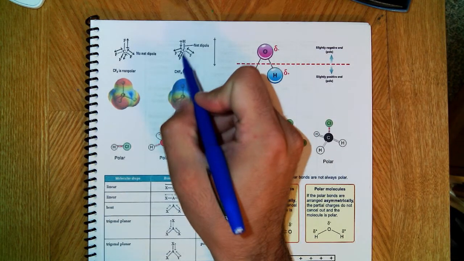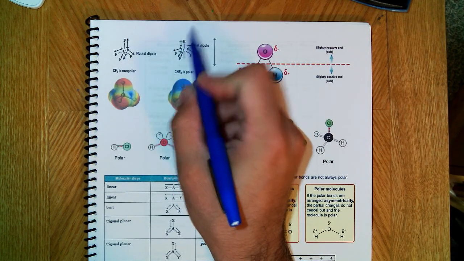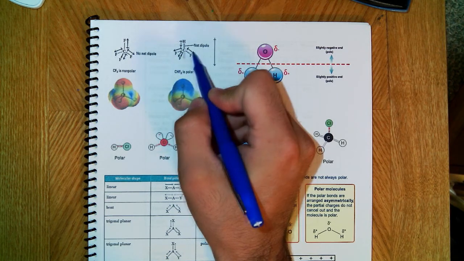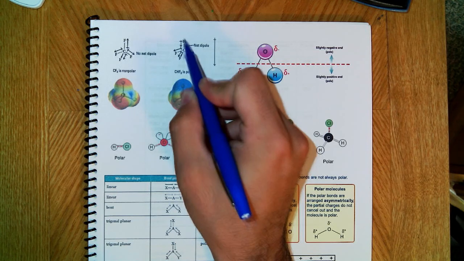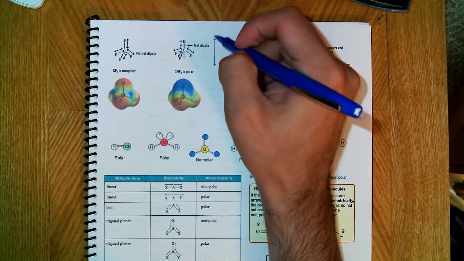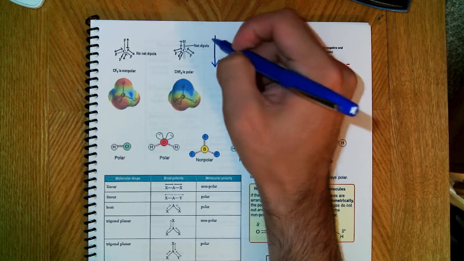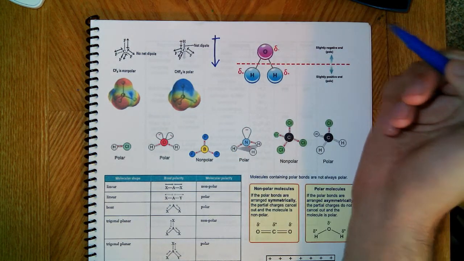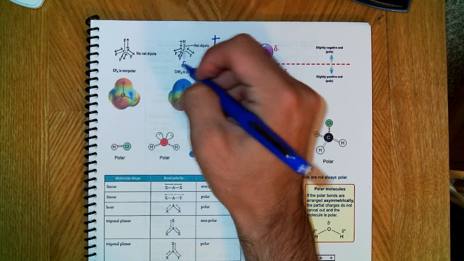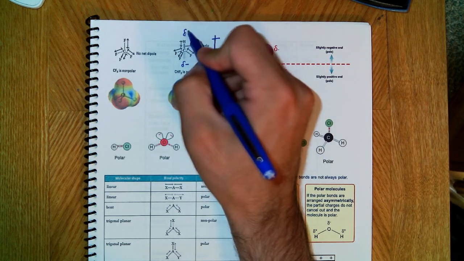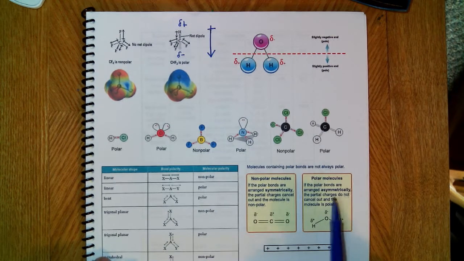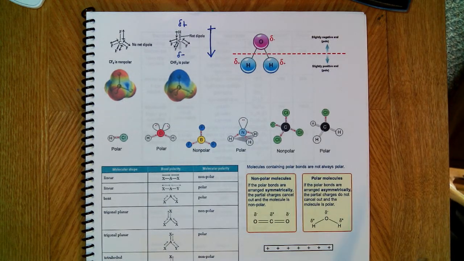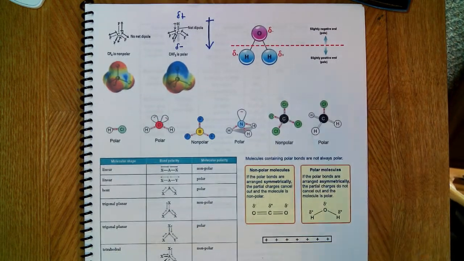For something like CF3H, you have these 3 CF bonds are polar. This H bond is polar because the net dipole, if you look at where the arrows go, they all flow in this direction. The net dipole, we drew those as well for the molecule, is in that direction, making this end of the molecule partially negative and this end partially positive. So that would be considered a polar molecule, which we defined as the bonds being arranged asymmetrically, meaning they don't